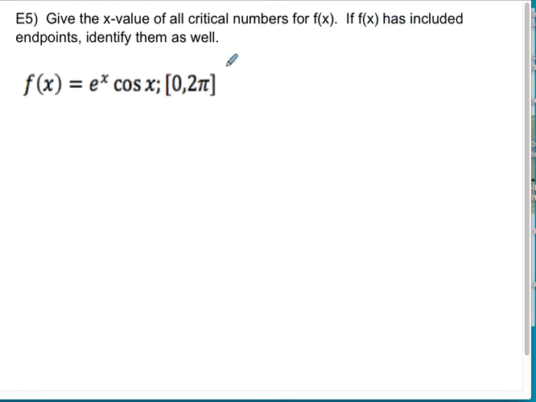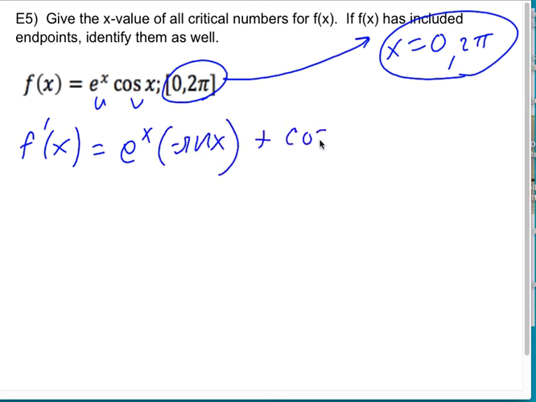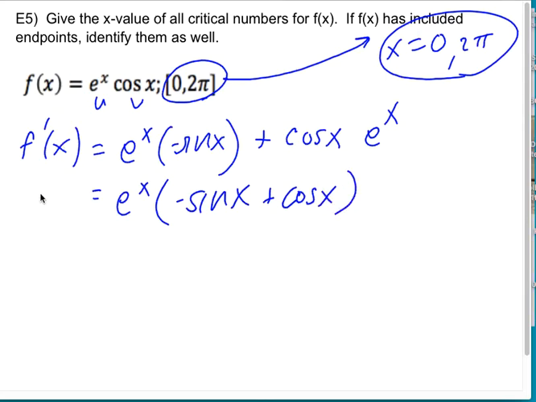All right, same idea. If they're included endpoints, give them. So here are my included endpoints. So I need to make sure I include 0 and 2 pi. The other stuff, the critical numbers, I need to find f prime. So my f prime is going to be u dv, which is negative sine of x, plus v du, which is just going to be e to the x. So if I take out an e to the x, I seem to be left with negative sine x plus cosine x. Right? Notice that none of this stuff has a denominator, so I can find when f prime is